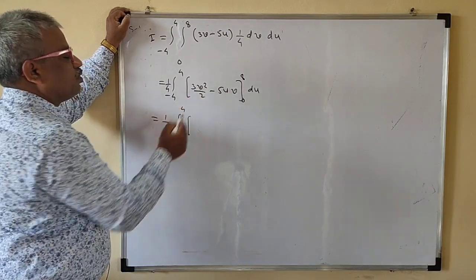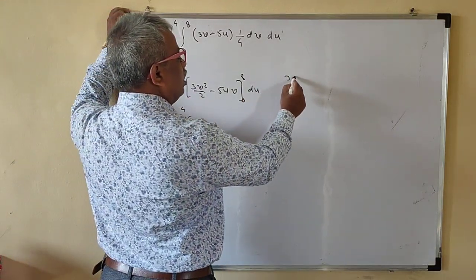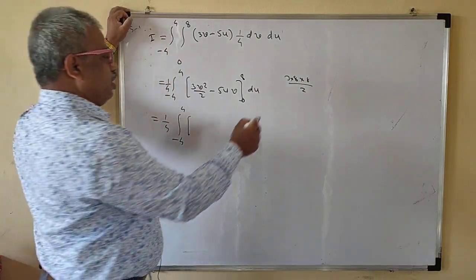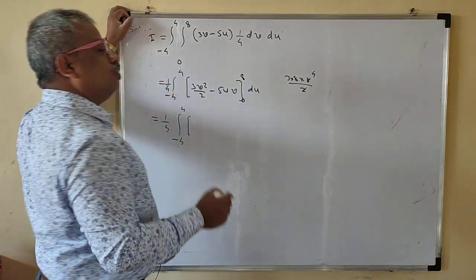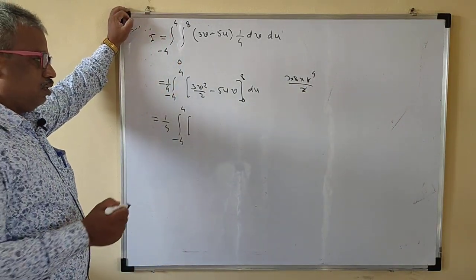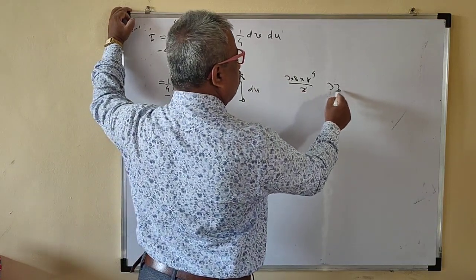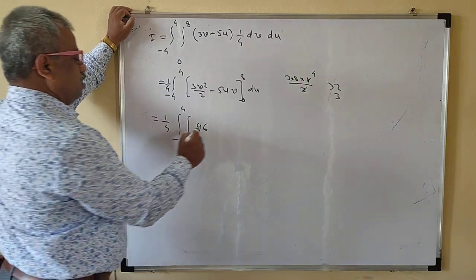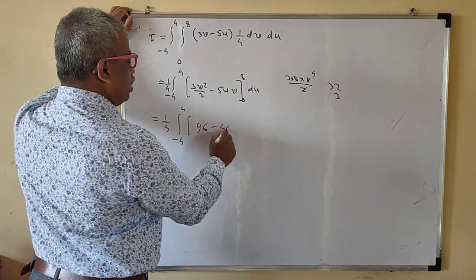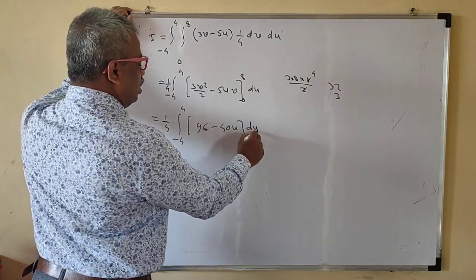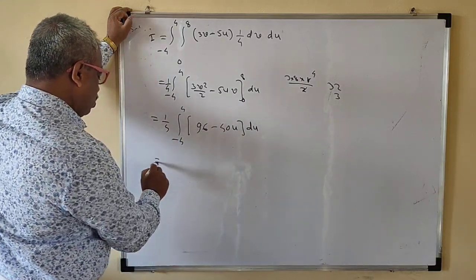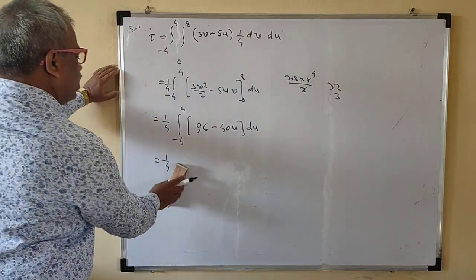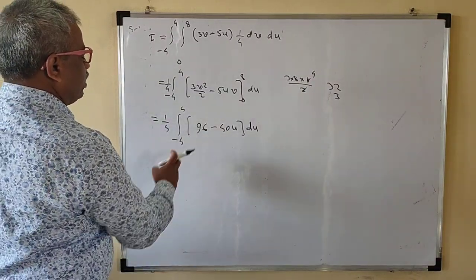So this is what? 8 square. See, this is what? 3 into 8 into 8 upon 2. Okay, so 2 and 2 get cancelled. This is what? 4. So this is 32, 32 into 3. So this is 96. This is 96 minus 40u. So this is du now. Okay, so 1 by 4, I can take a 1 by 4, so we can remove this 4. This number is divisible by this.